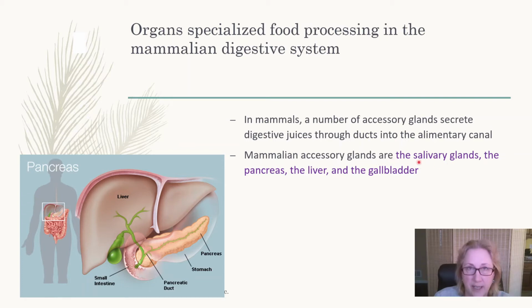So the salivary glands, that's where digestion starts, is in the mouth with chewing, and saliva also contains amylase, so the breakdown of starch begins in the mouth as well. The pancreas is kind of a two-function organ. The pancreas secretes hormones into the bloodstream, like insulin, and it also produces digestive enzymes that are secreted